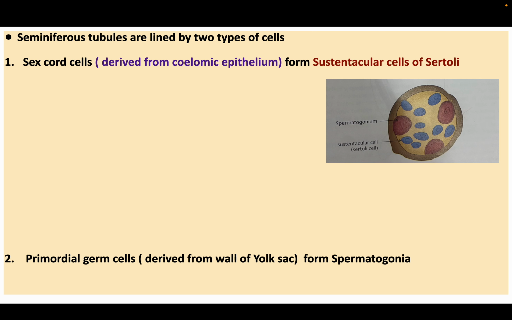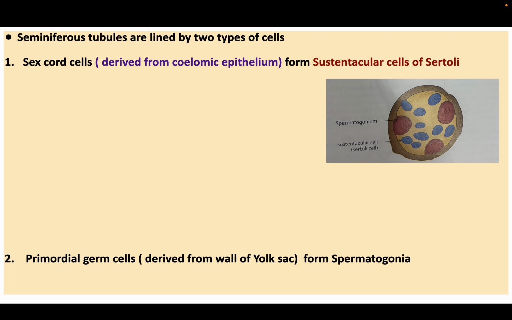Now these seminiferous tubules are lined by two types of cells. First, the sustentacular cells of Sertoli, which are derived from the sex cord cells. These sex cord cells come from the coelomic epithelium. The second set of cells is the primordial germ cells. They are derived from the yolk sac, as I told you earlier, and also from the cells within the genital ridge. So both contribute to the formation of the primordial germ cells,